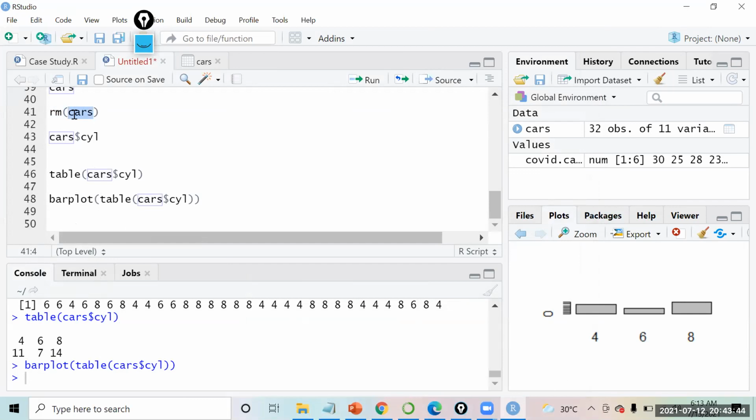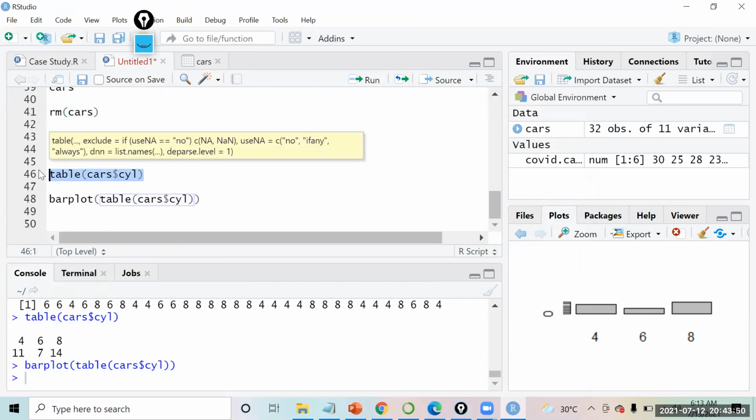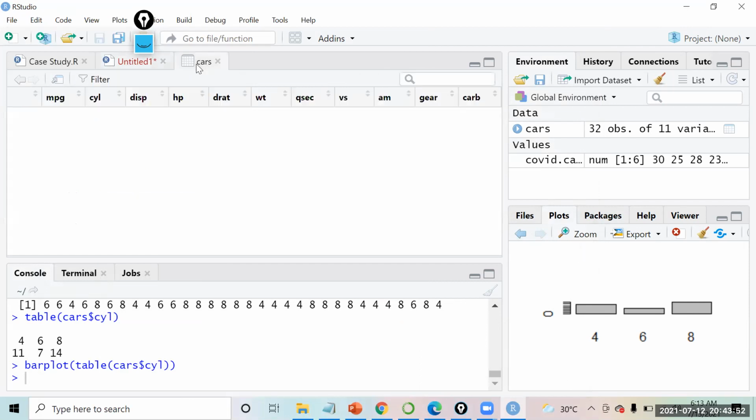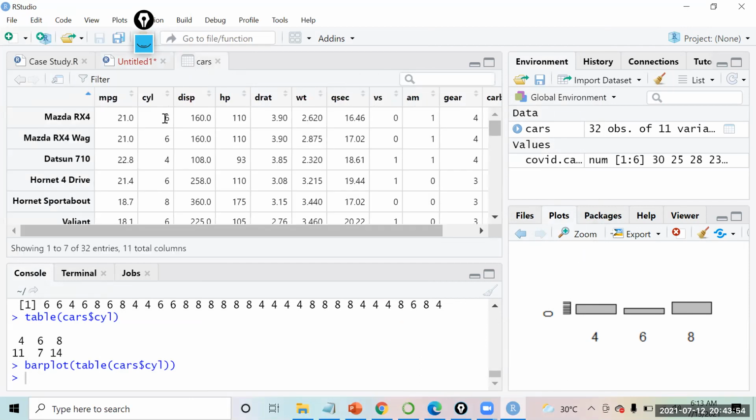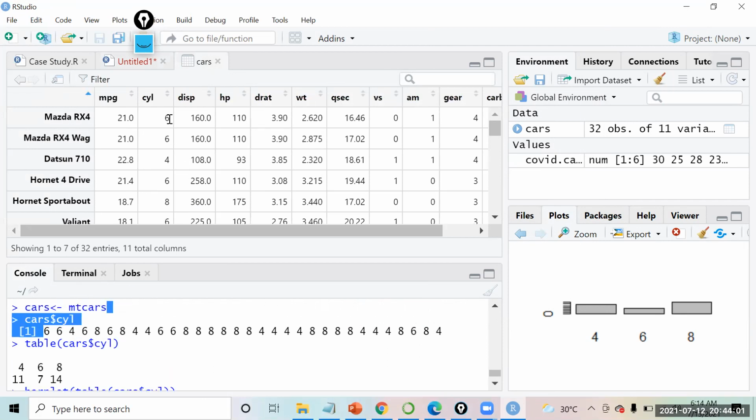Okay. You ran this table of cars, right? Correct me if I'm wrong. See, this 4, 6, 8, it is the data, right? This is the output. So this is the data that you have inside that. Okay. This 6, 6, 4, 6, 8, 6, so these are the rows, right? This is the number of cylinders in the car one, number of cylinders in the car two, car three.